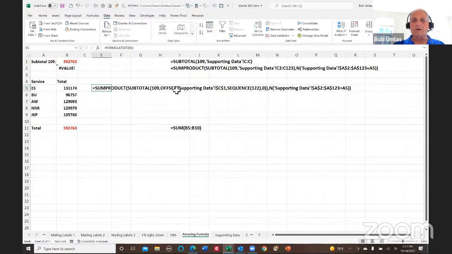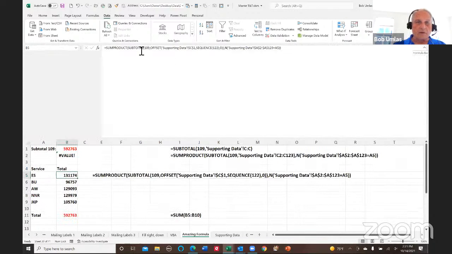This is the same subproduct formula, but instead of 109 for the supporting data C2 to C123, I'm doing the offset of the supporting data C1. Sequence of 122 gives me 122 values. Offset of C1 from 1 to 122 is C2 to C123. Now they happen to have the same number of values. So the subtotal of this offset part,